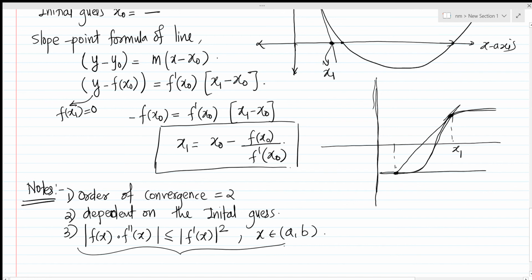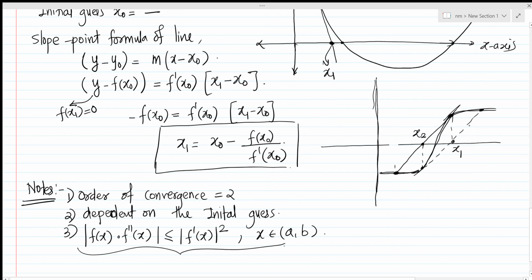We take the slope. The second update will be here, x2. Then we will consider this point, and take the slope at this point. It will again